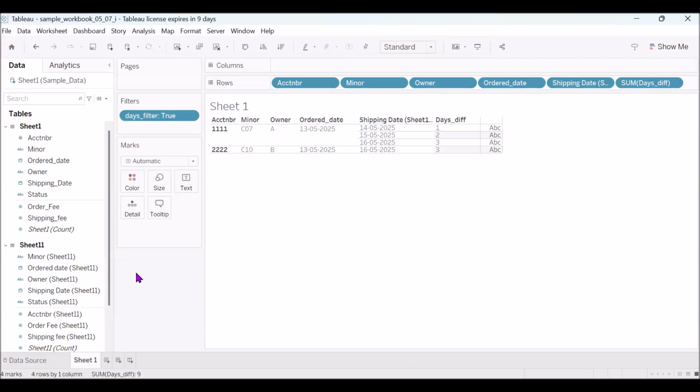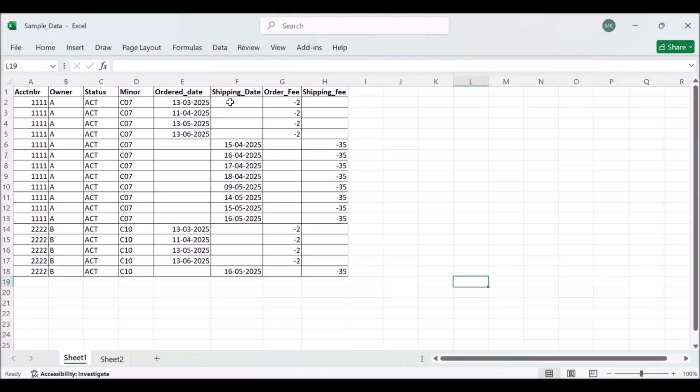So before going into the problem, just try to understand what we can do on our data model side. If you encounter this kind of issue, where you don't have the value with respect to order date, and the same vice versa for the shipping date, you can try a cross join so that you have a duplicate data source, and then you can use shipping date from there, or order date from there. So that's how you can